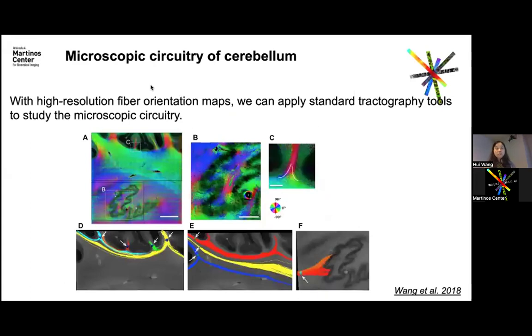Okay, so with this technique, we can immediately apply a traditional tractography tool to study the connectivity. In the slides, for example, if we put seeds here, then you can follow the fiber orientations and see different fiber tracks, different trajectories, some splitting from one point and some converging at points, like between the deep nuclei and the deep white matter here.